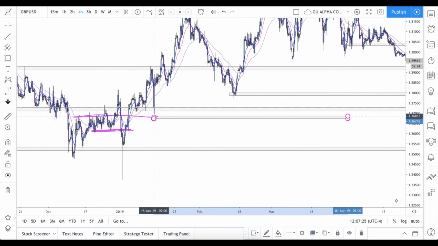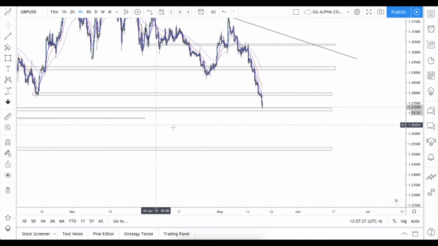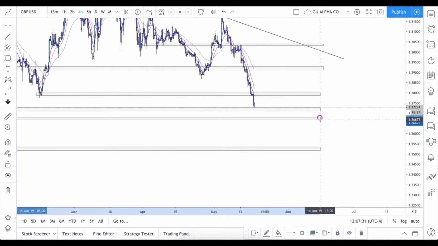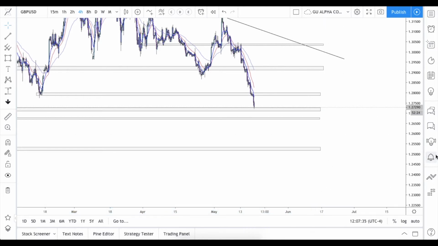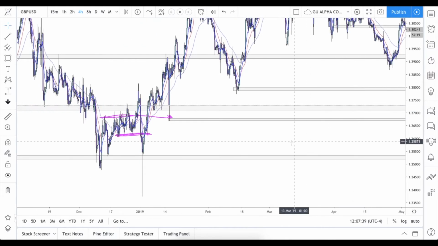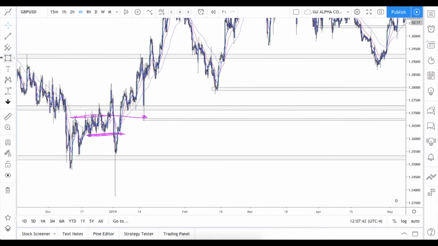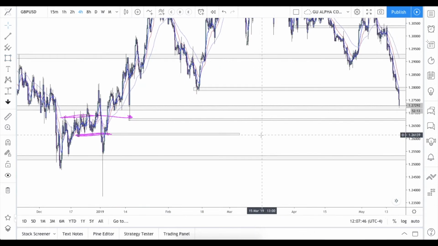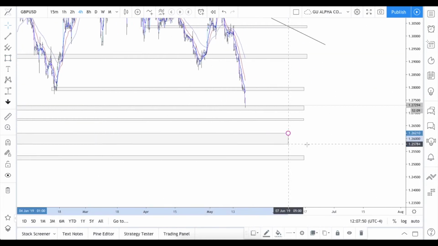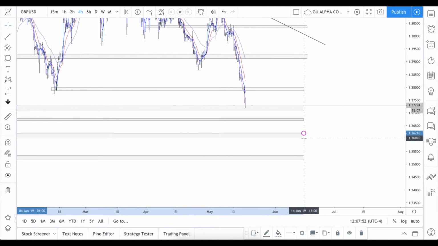So here's what I'm going to do. I'm extending it to the future, and it should look something like this, okay? It seems small because we are on a 4-hour time frame, but it isn't. And another support around there. Again, these are all price ranges, okay? It isn't an